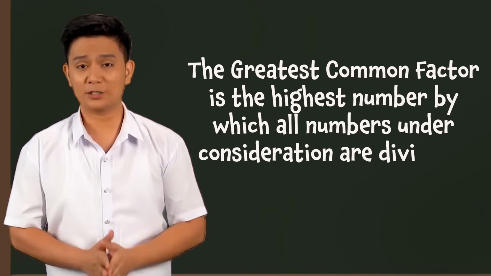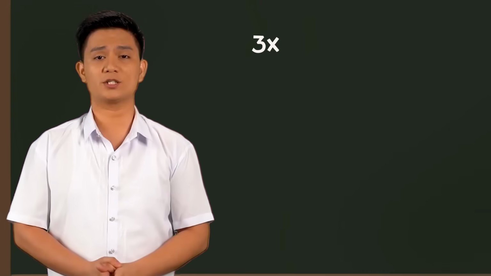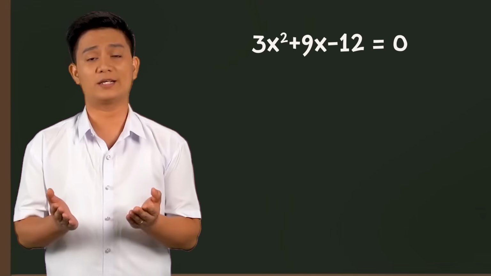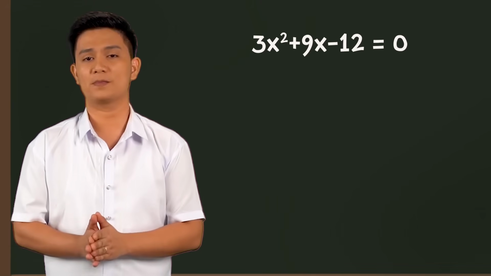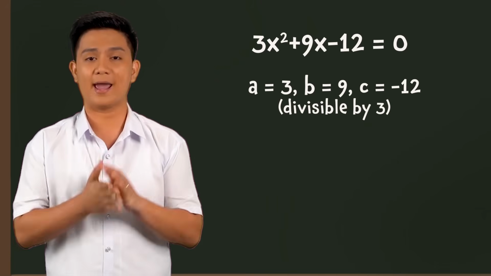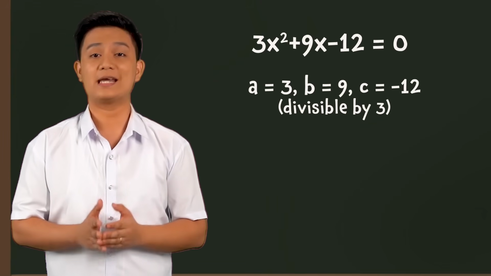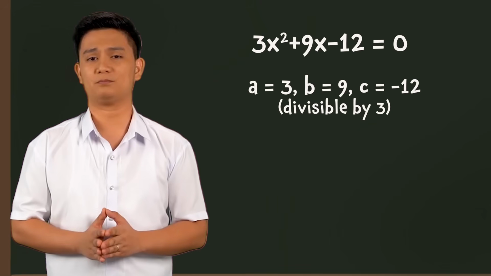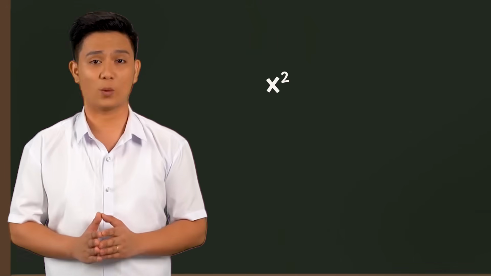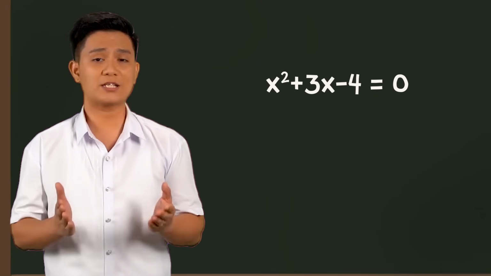Case 2. Considering the greatest common factor of the coefficients. Our example here is the equation 3x squared plus 9x minus 12 equals 0. Although we can see that the equation is already in standard form, the coefficients 3, 9, and negative 12, which are the values of a, b, and c respectively, are all divisible by 3, which is their GCF, or greatest common factor. So, dividing both sides of the equation by 3, we get x squared plus 3x minus 4 equals 0, which is also